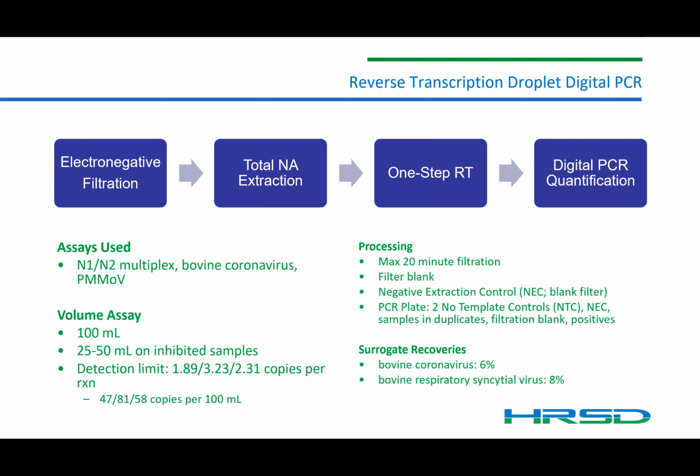Now on tough samples, on samples that have a lot of matrix inhibition, we assay somewhere between 25 and 50 mils. To get into a little more detail on the processing,